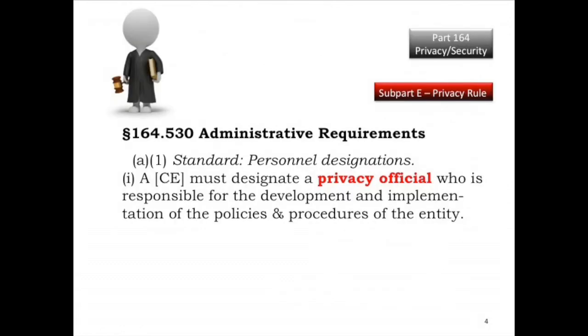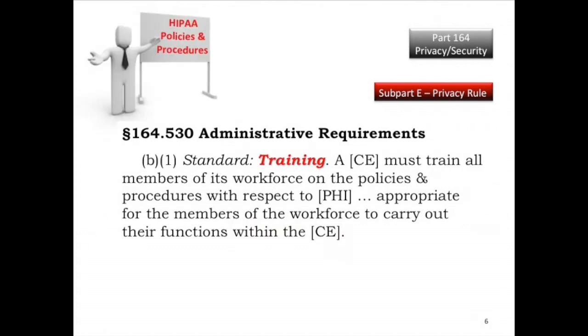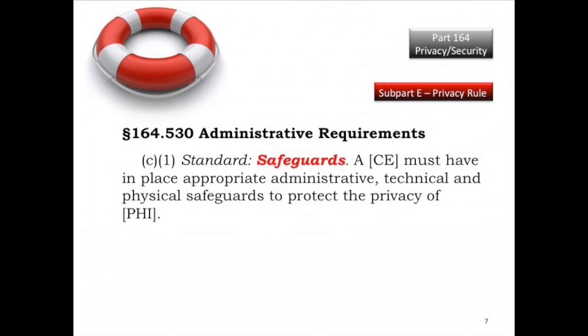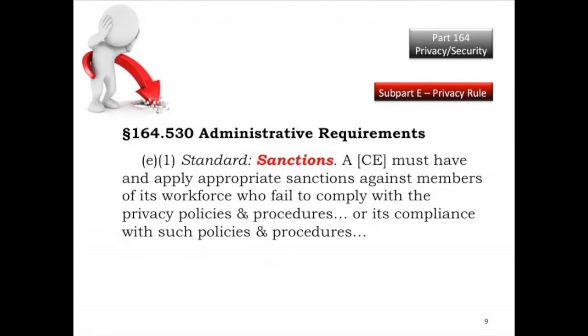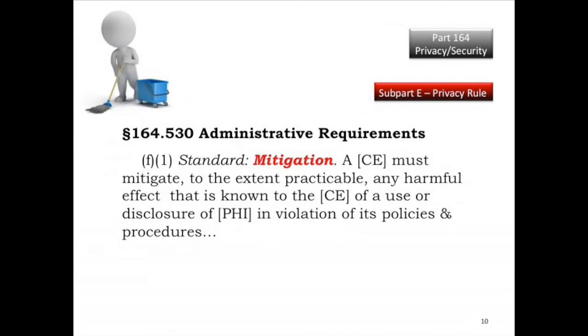The privacy official is responsible for developing and implementing policies and procedures of the entity. The privacy officer is responsible for training the workforce and determining what administrative, technical, and physical safeguards are needed. He or she must approve policies and procedures to allow patients to make complaints. He must approve sanction procedures for the workforce and must approve policies and procedures for mitigating harms caused by privacy